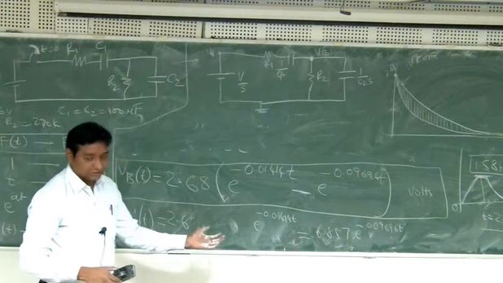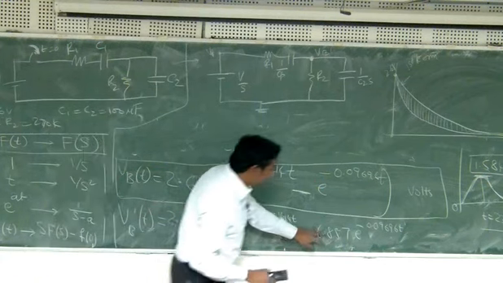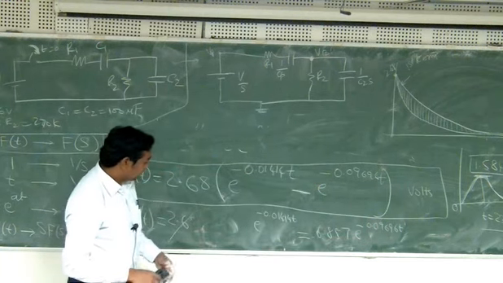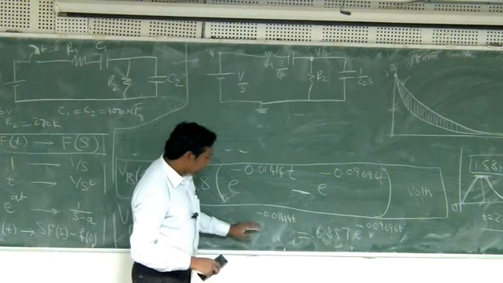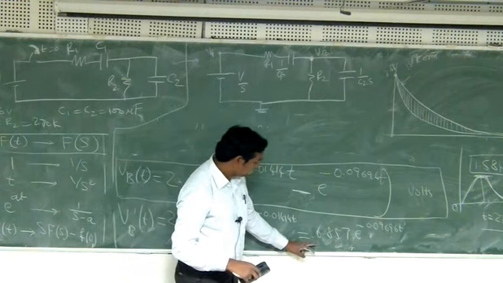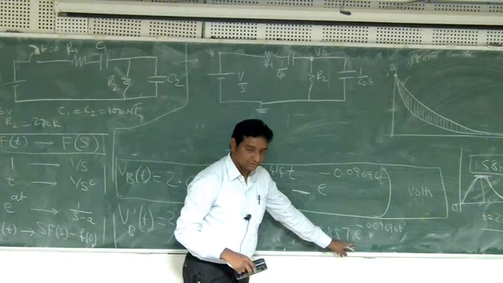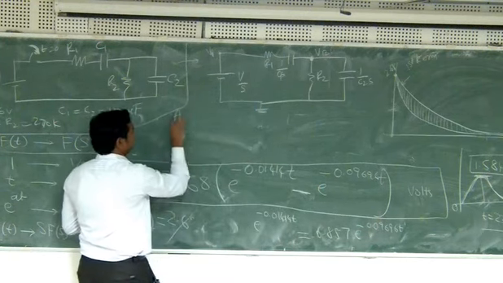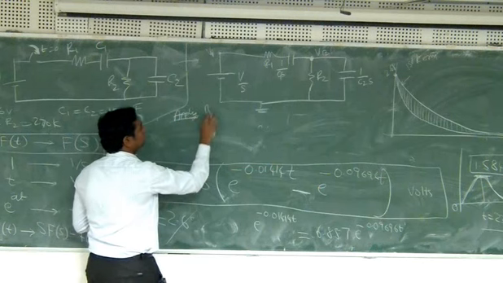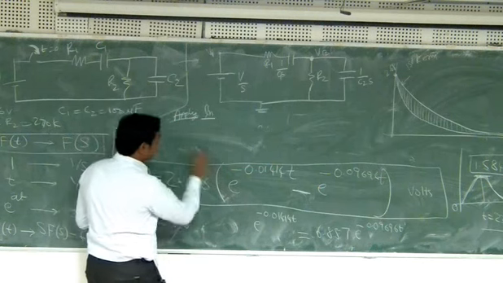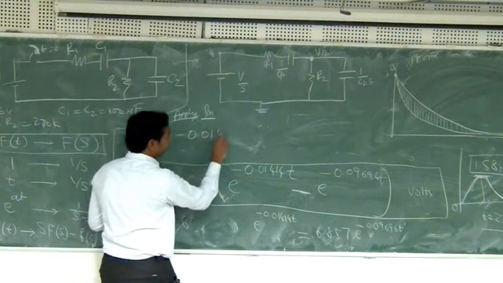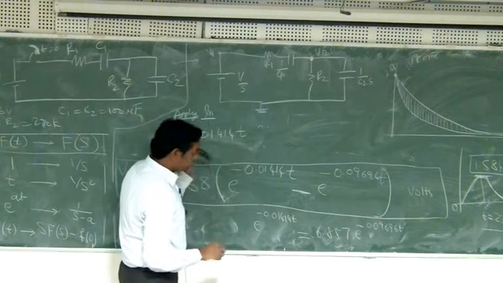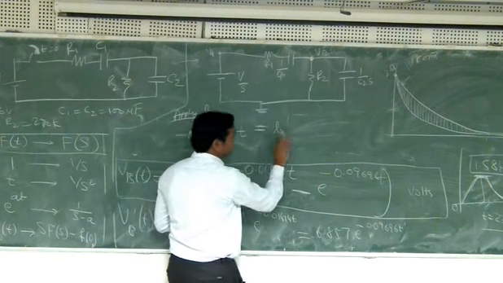So apply log on both sides. Okay, so this one I can take up. If you apply log, what happens? E will go. Here what happens? Log of this plus the other term, right? So I'll get, apply ln both sides. So this side I'll get minus 0.01414 T equal to natural logarithm of